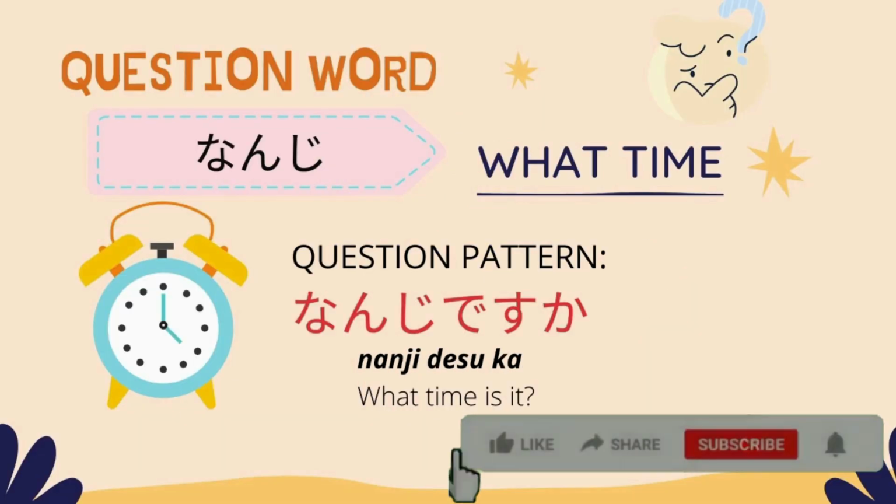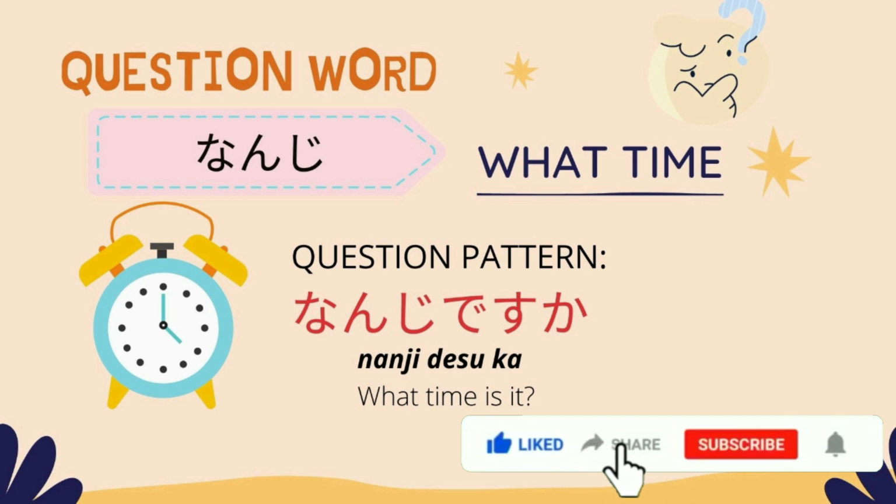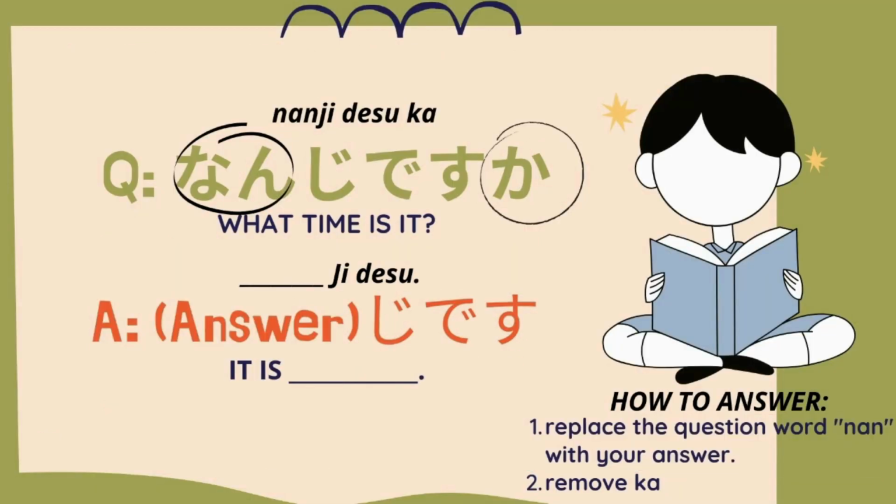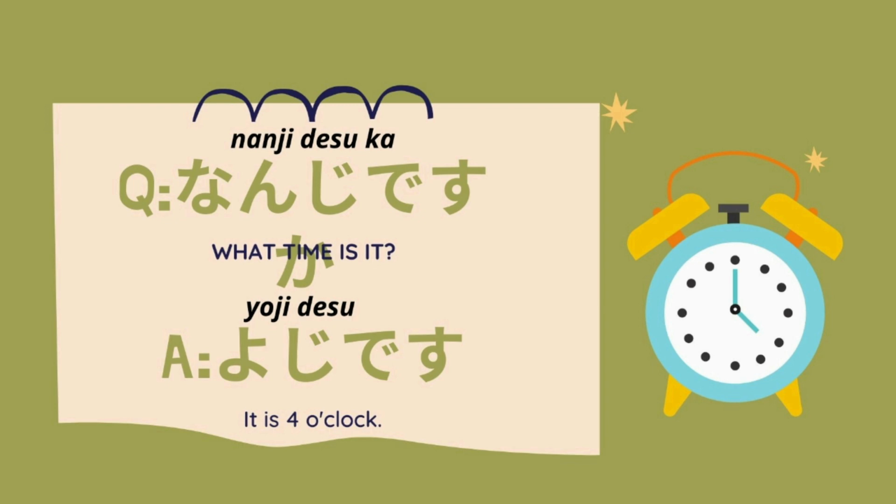Next question word is nanji or what time. And our question pattern is nanji desu ka, which means what time is it? How to answer nanji desu ka? It's the same actually. You replace the word nan with your answer and remove ka. So we'll answer it as blank ji desu or answer ji desu. And in English it is blank o'clock. In this slide, the question asked is nanji desu ka or what time is it, and our answer is yoji